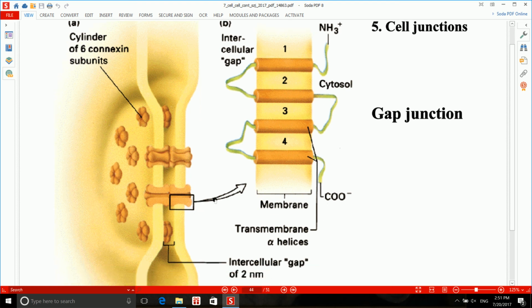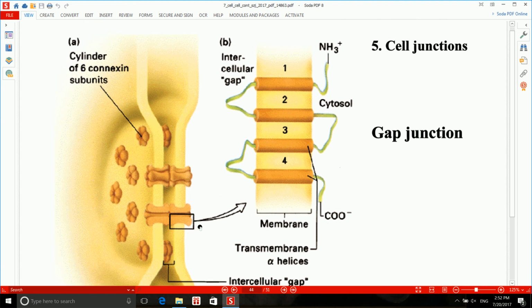And through gap junctions, all types of ions can pass. Actually, all types of charged particles can pass as long as their size is less than 2000 Dalton. So there is only a size prohibition here. If something's size is less than 2000 Dalton, then it will be able to pass through